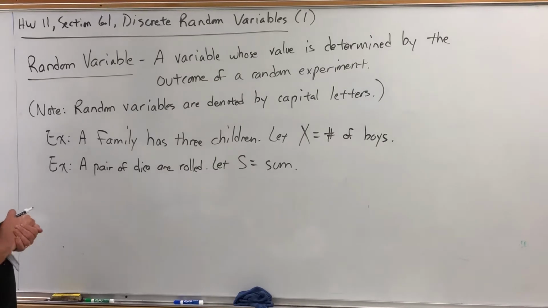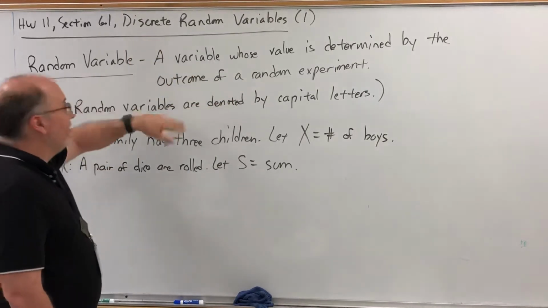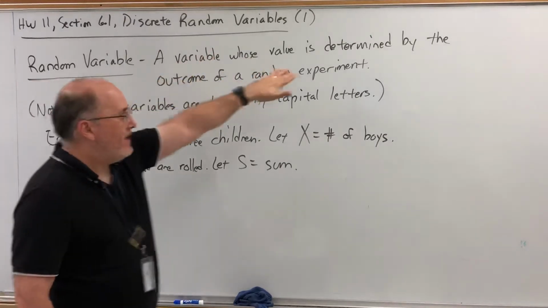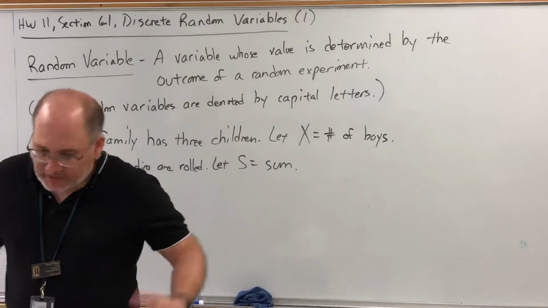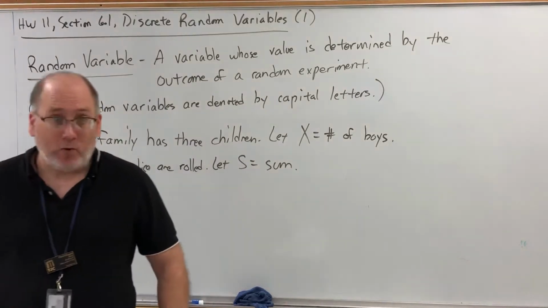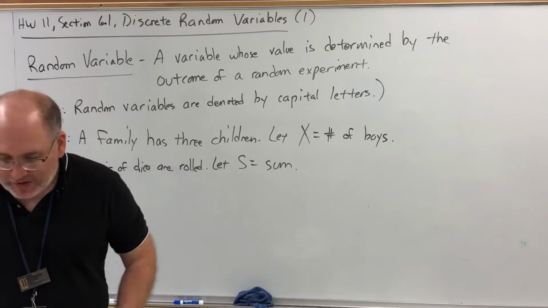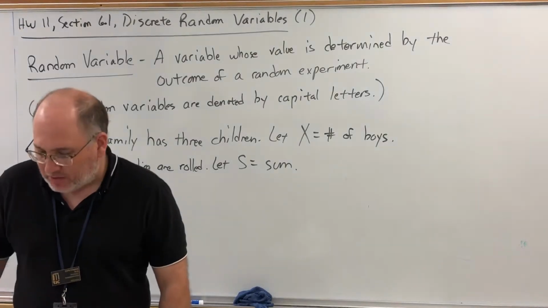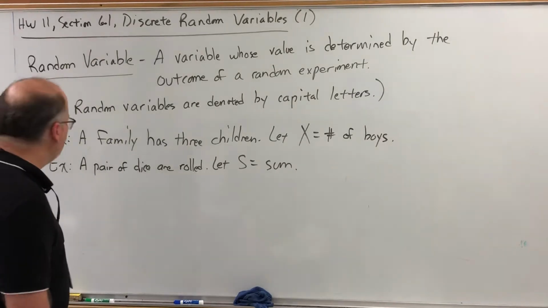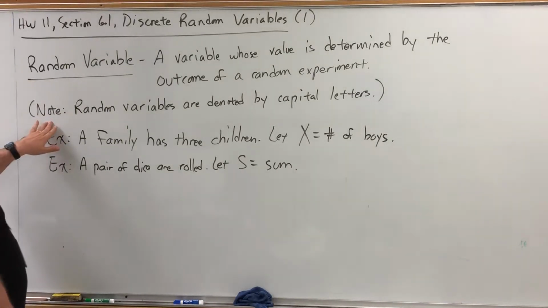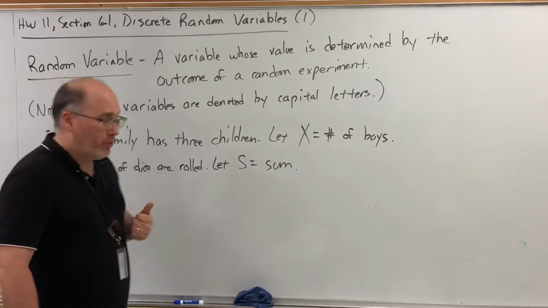defining a random variable. A random variable, its name says it all, is a variable whose value is determined by the outcome of a random experiment. If you look on page 254 of your book and read the definition, it's a little more brief. A random variable is a numerical outcome of a probability experiment. Same thing. Note, random variables are denoted by capital letters, with the exception of capital letter P, which of course